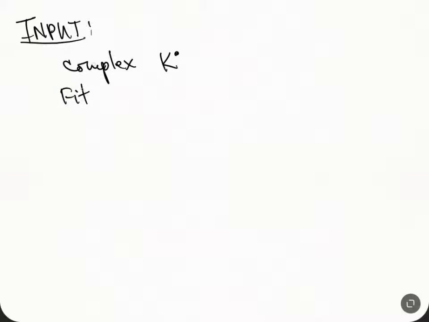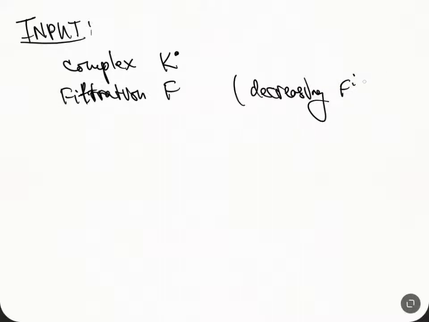Okay, so if the input is a complex, and then a filtration on the complex, F, we'll assume that this is a decreasing filtration, meaning that F^{i+1} will contain F^i. Okay, for all the i's. So it gets bigger and bigger, for each one of these. And then the output